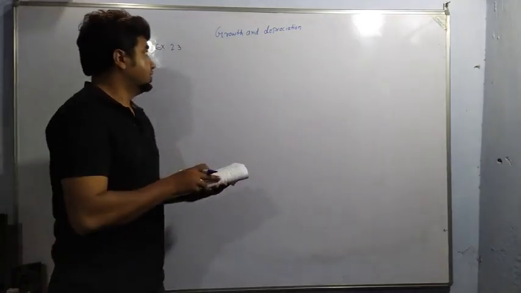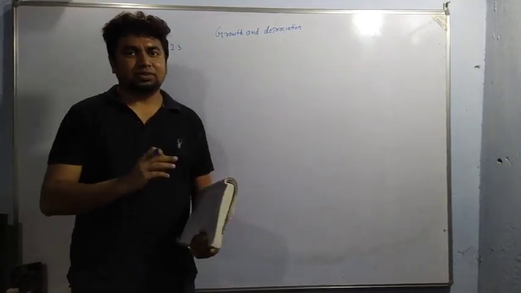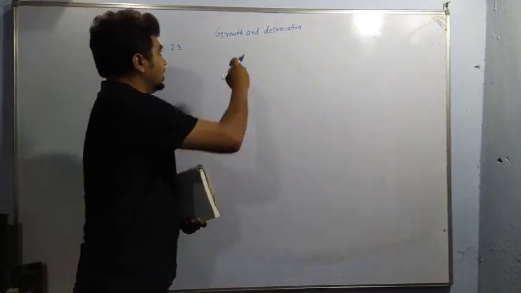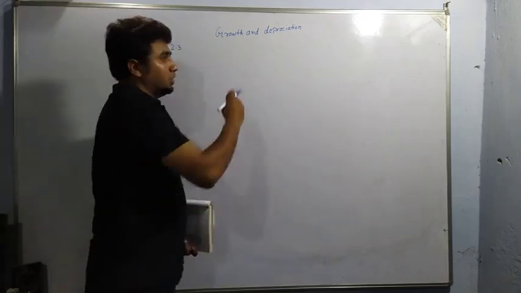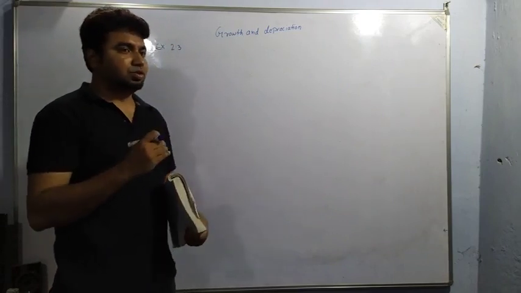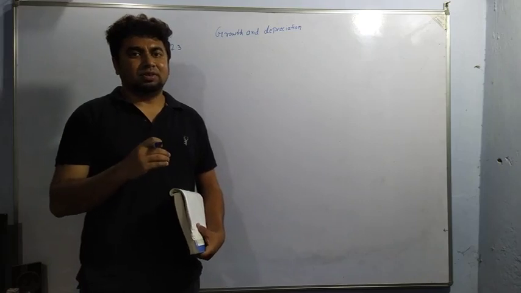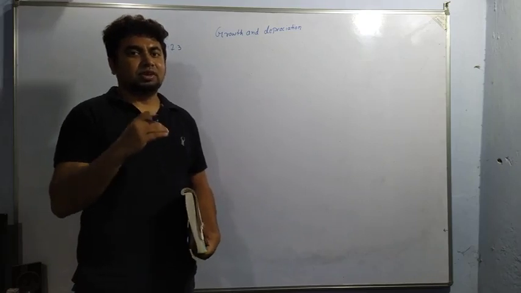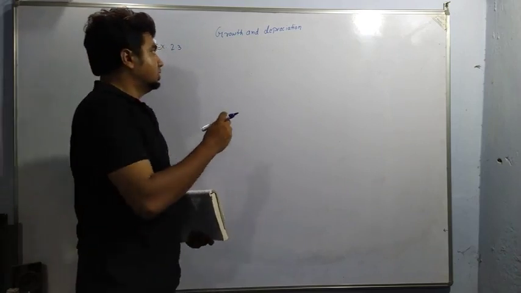Again, we are going to discuss growth and depreciation, which is also one of the applications of compound interest, meaning how we can relate it to compound interest. Growth, what do you understand by growth? It means there will be an increase in the level. So that is known as growth. Sometimes, when you are buying land in a property, its rate will be continuously increasing. So that is growth.